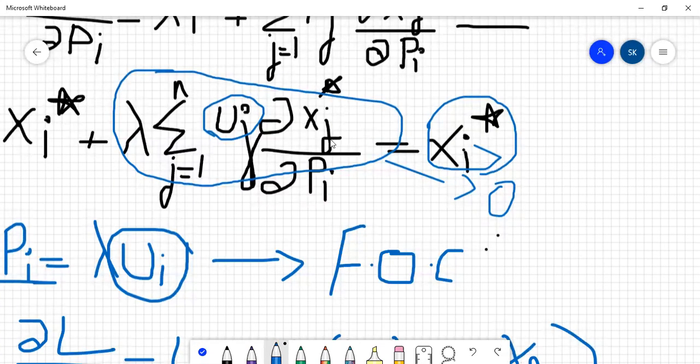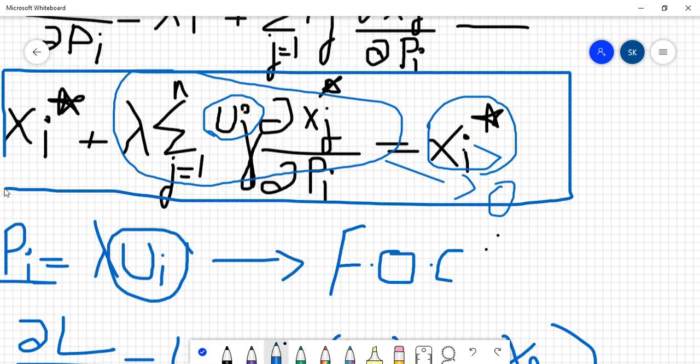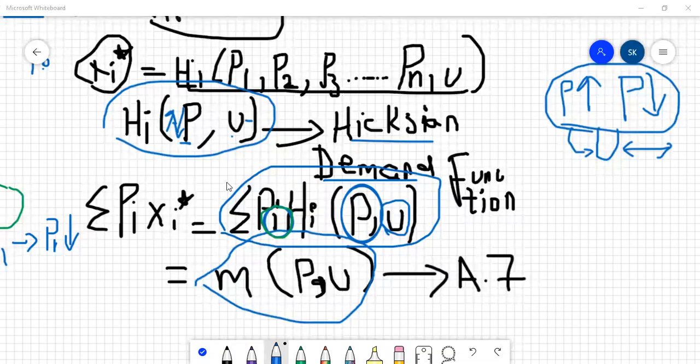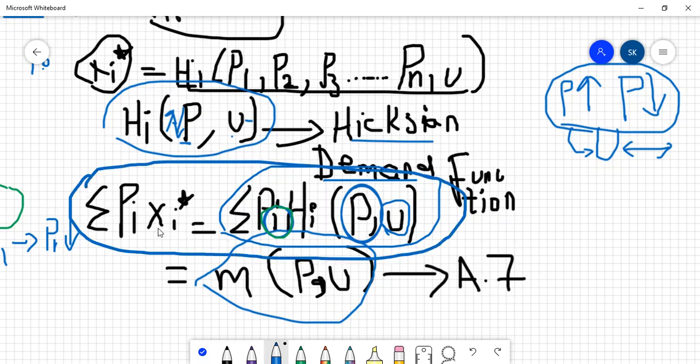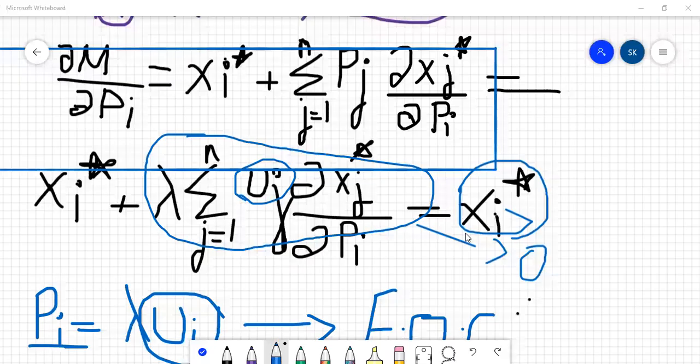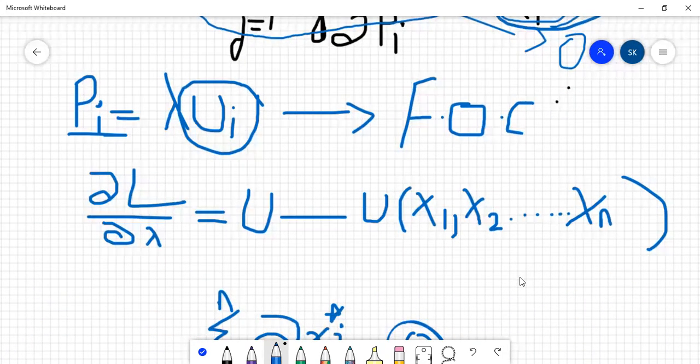Okay, let's read the statement again from here. We are now interpreting this particular statement. Now, therefore, the partial derivative of the expenditure function with reference to the ith price is the compensated demand for the ith good. This is the value after we differentiated the function with reference to the ith price. Now we will move to the third property.